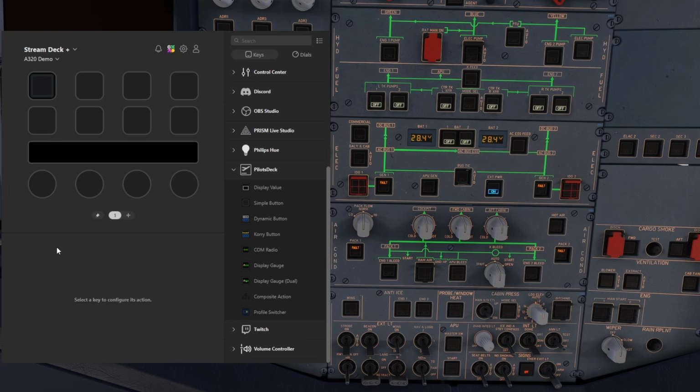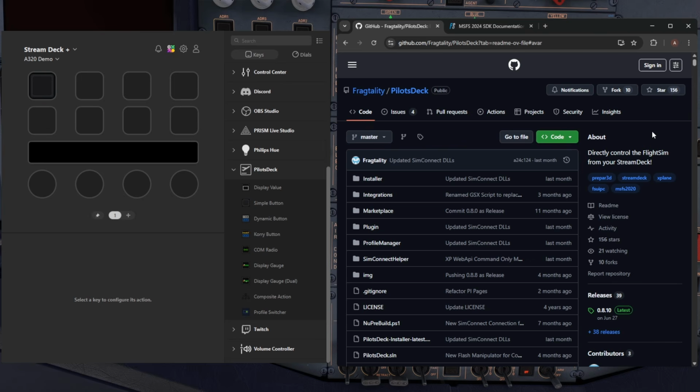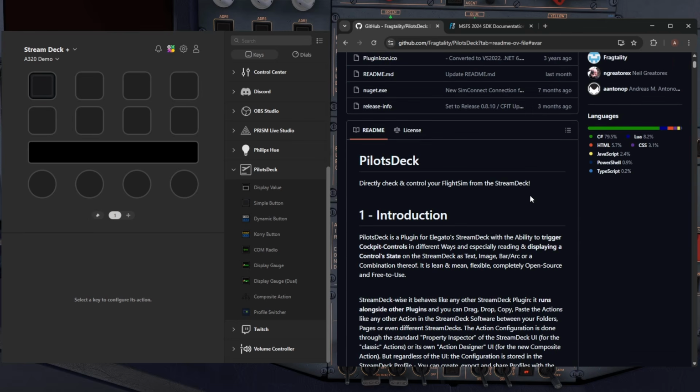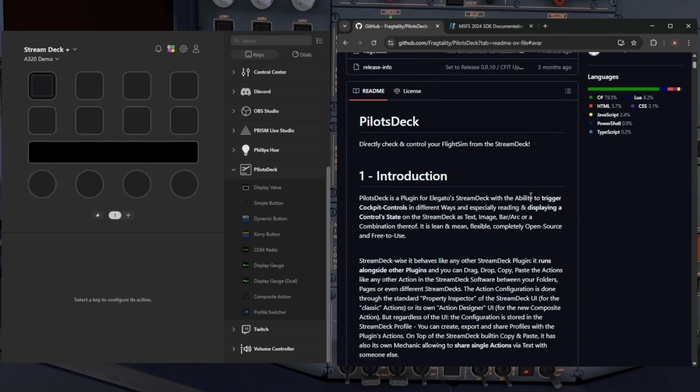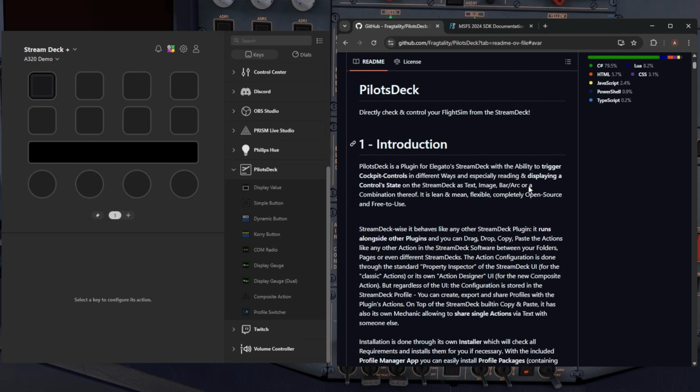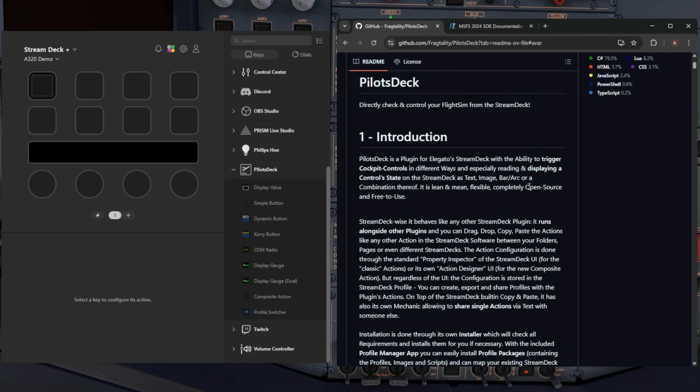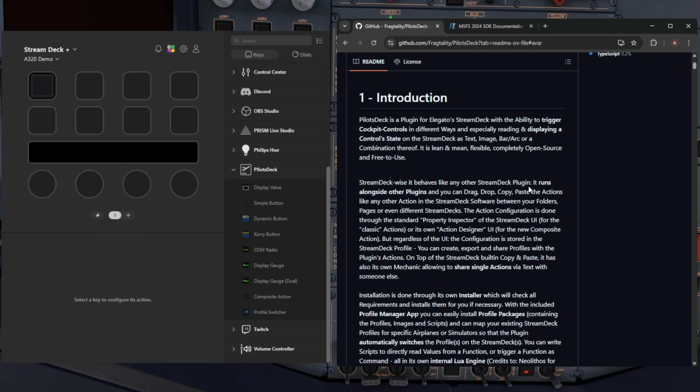So in Stream Deck and the PilotsDeck plugin, there are multiple different kinds of buttons available, and I'm not going through all of them in high detail. But if you want, you can always go to this PilotsDeck GitHub page, where you can also download the plugin. And from here you can see a lot of different guidance and introductions and documentation, whatever you need to do with this plugin. I highly recommend taking a look at this, but it is also quite heavy